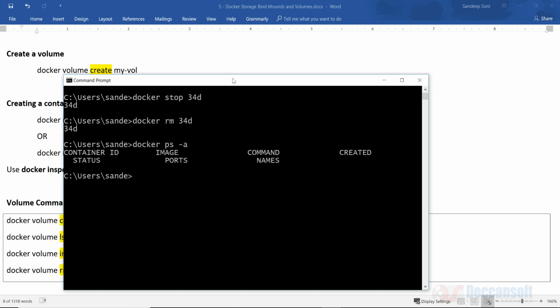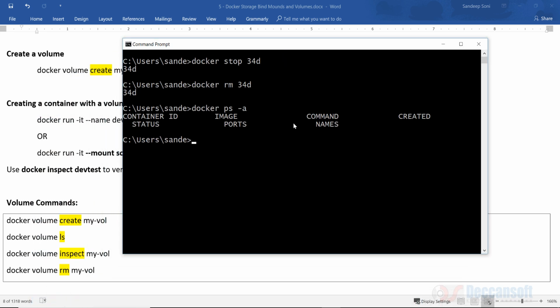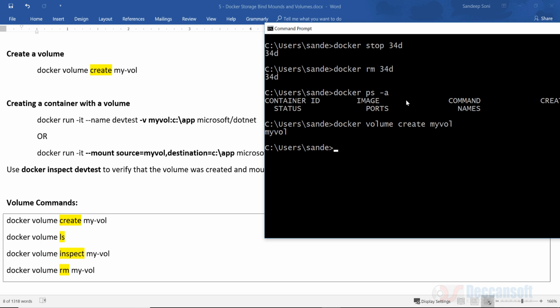So how do we create a container now using a Docker volume? First I would like to create a volume now because I deleted all of them. The new one which I created also got deleted. So I say myvol, and using this volume I would like to now create an instance of a container. I want to create an instance of the image, that is a container. So I'll say docker run